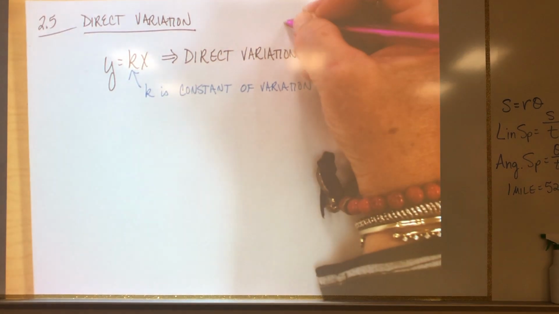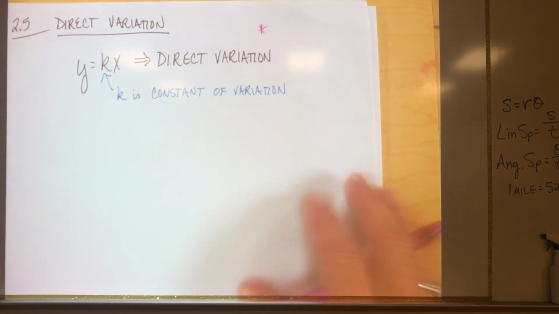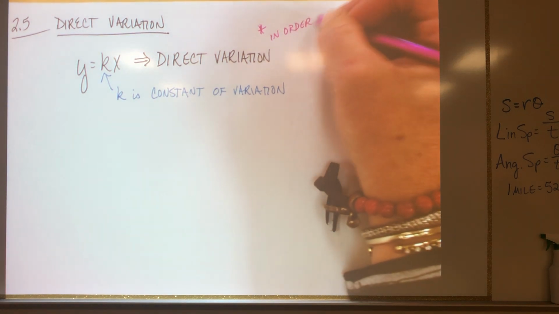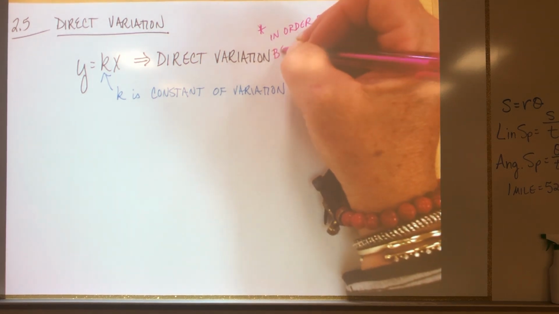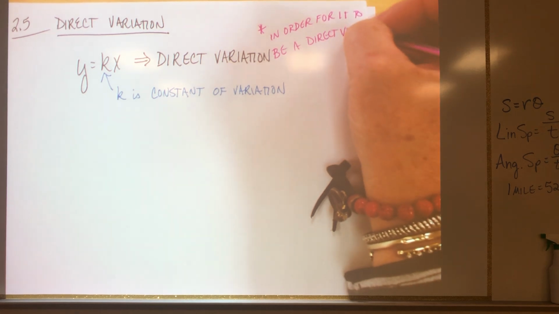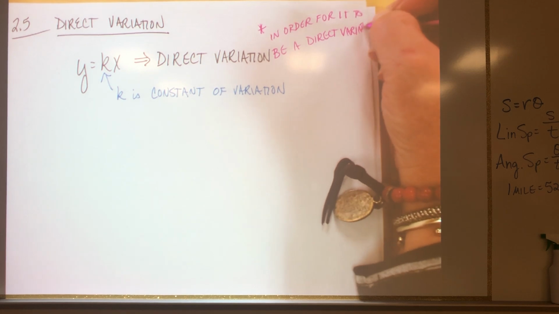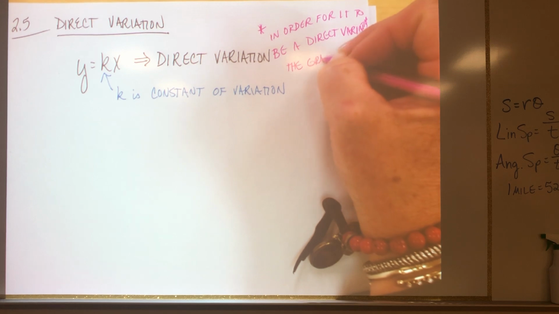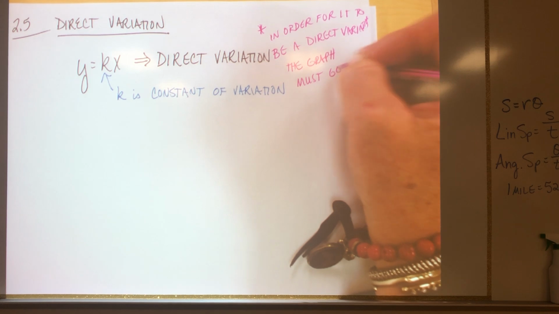Now, let's write this down. This is extremely important. What does that mean? That's what it is. In order for it to be a direct variation, the graph must go through,